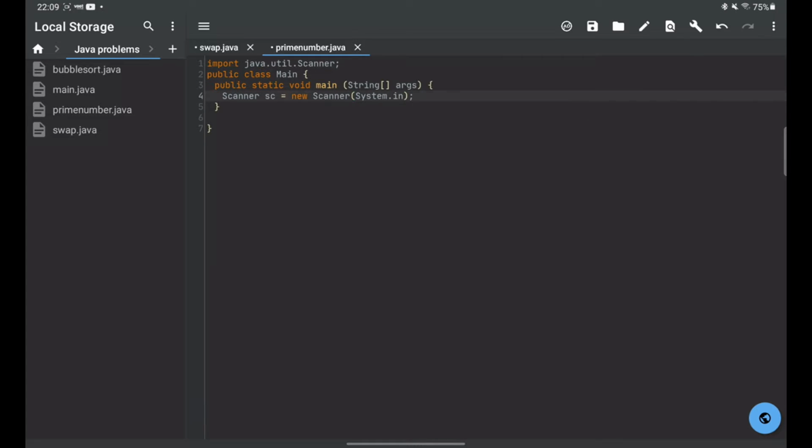And that's it. Now when you want to take that input, we have to catch it in a variable. So it would be int num equal to sc.nextInt(). And information that what we want it to enter.